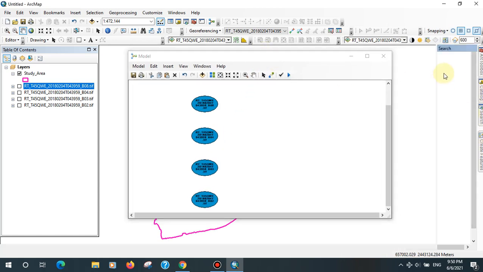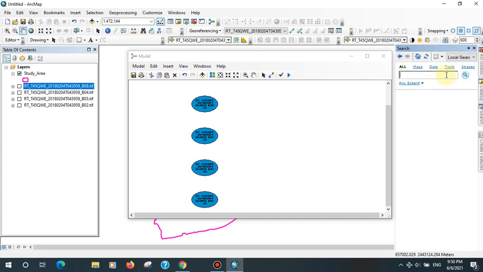Go to search, layers, composite band. So through composite bands we can layer stack the image.